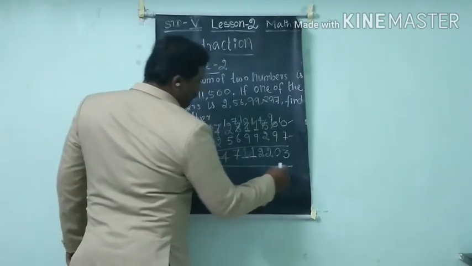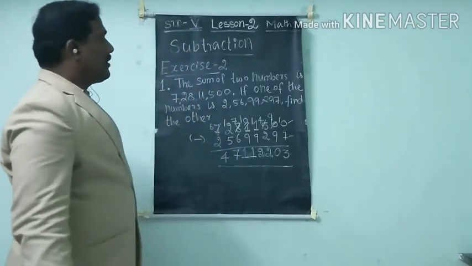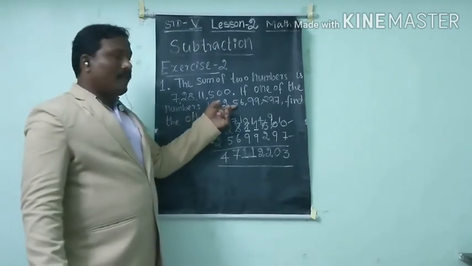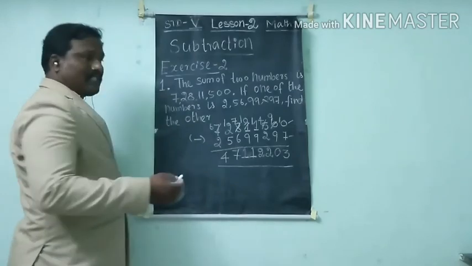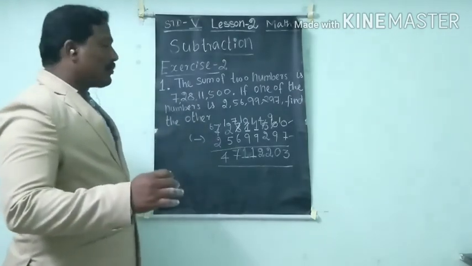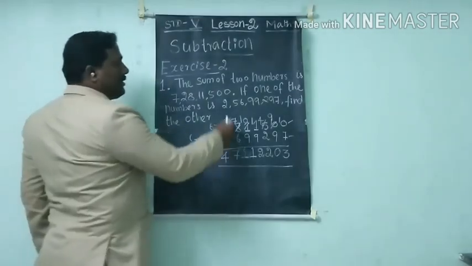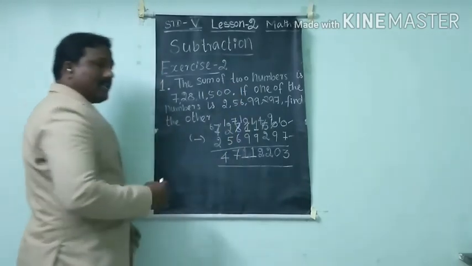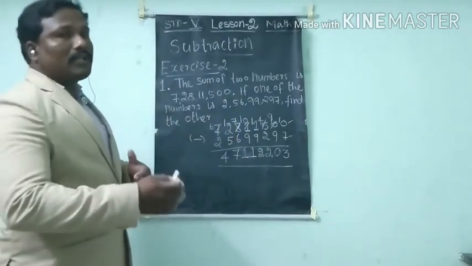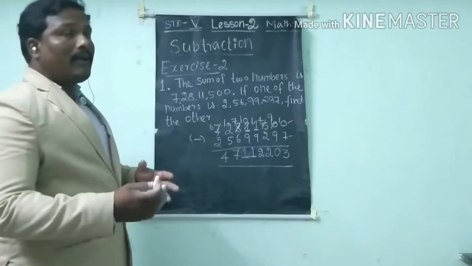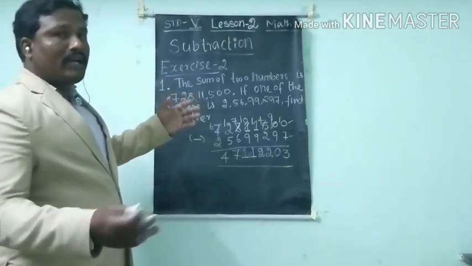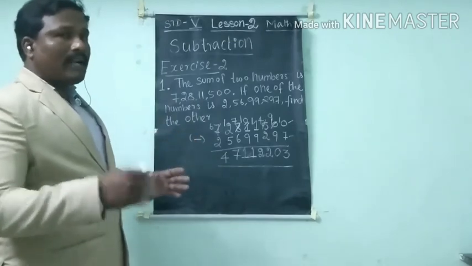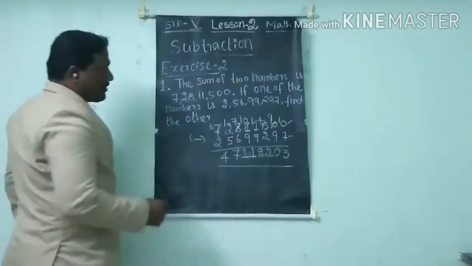This is the another second number. So they given one number. We want to find out the second number. This is second number. Let me check our answer is right or wrong. How to check? The total and first number, if we add, we got some another answer. We have to check the total number with our new answer. If both are same, our answer is right. Let me check.